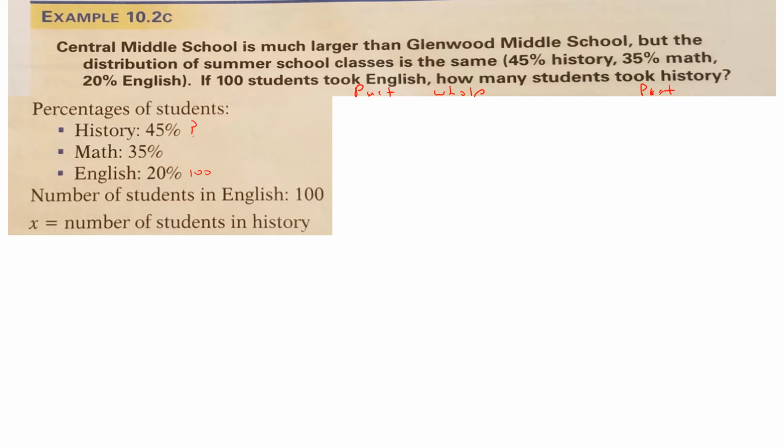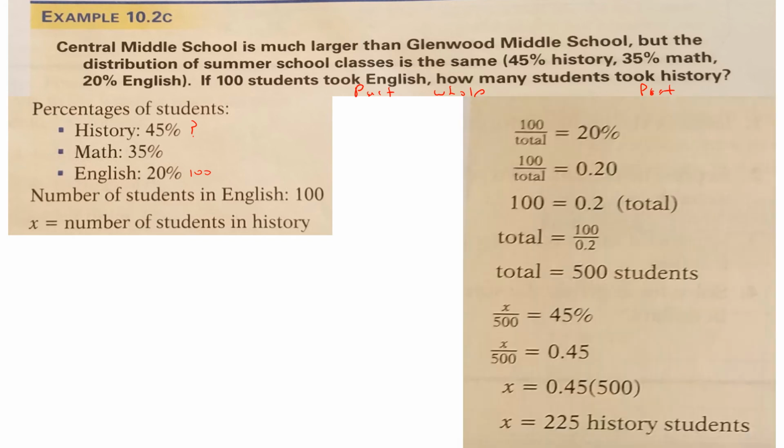All right? So let's go ahead and start with, remember, the part divided by the whole equals the percent. That was that thing right there. So we know that there's 100. This information we know is 100. We know for English that it's 20%. We can go ahead and do our math here. And when we do our math, we end up finding out that we have 500 students total. So they gave us this. We found out this. And now that we know this, we can now find out this